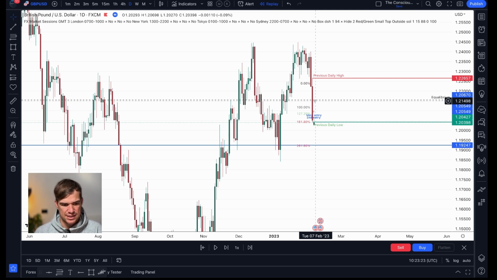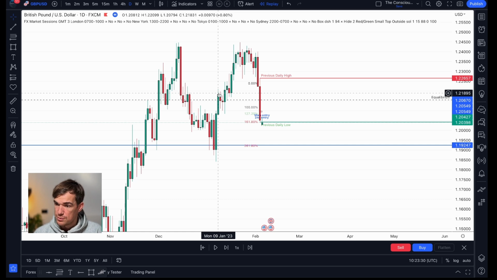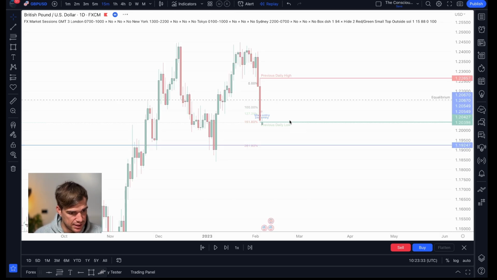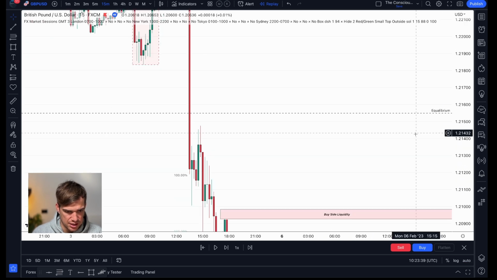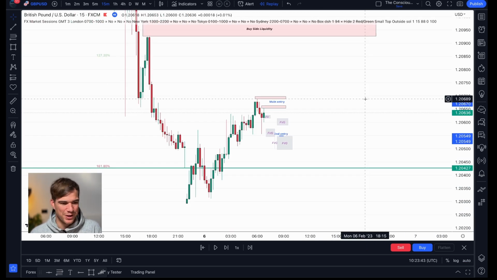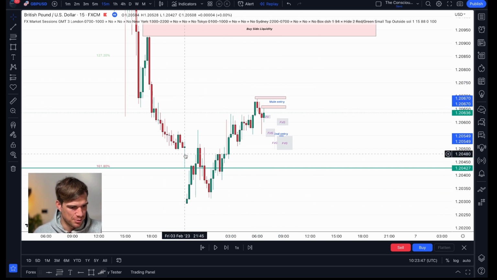You have to base it on your analysis. You can't change it every swing high and every swing low. So that's what we saw in terms of the analysis on the daily. And then when I wanted to go short, I needed the price to come higher. So I wanted my original bias to work out so I can get a better price to short it down to the previous daily low.